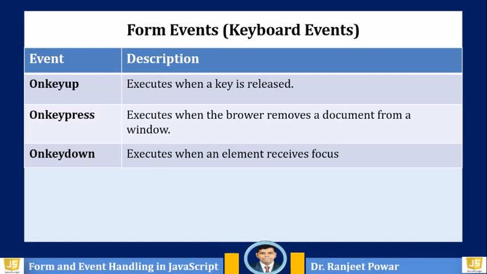The next is the key press event. The key press event occurs when the user presses down a key on the keyboard that has a character value associated with it. For example, keys like Control, Shift, Alt, Escape, Arrow keys, etc. will not generate the key press event, but will generate a key down and key up event. You can handle the key press event with the onKeyPress event handler.